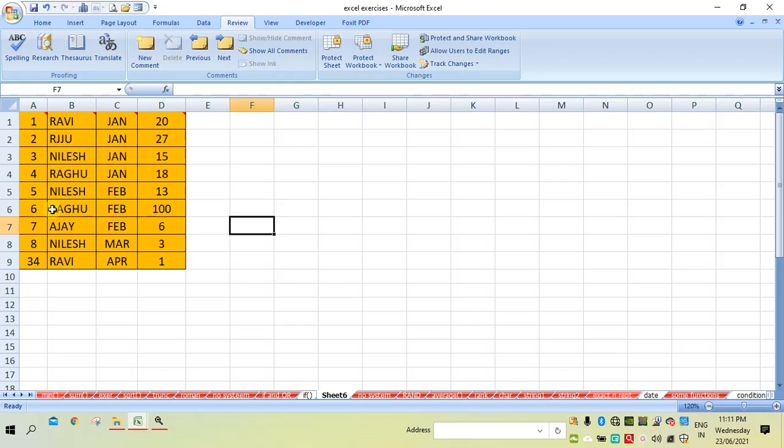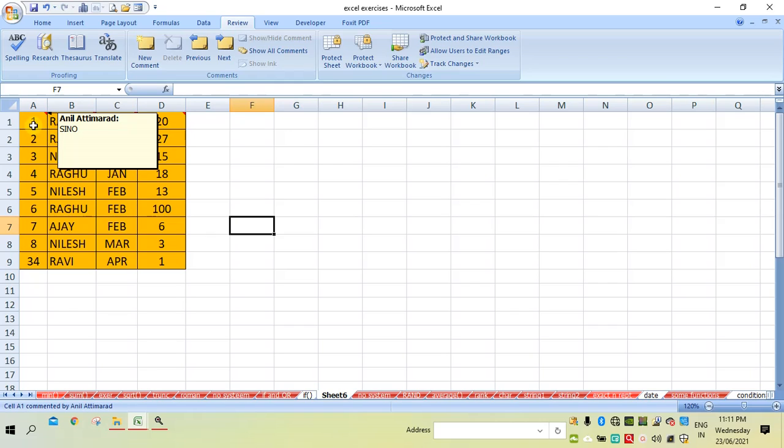Now whenever you take the cursor over those cells, you can see the comment lines, the comment messages. Okay, so this way we can put the comments.